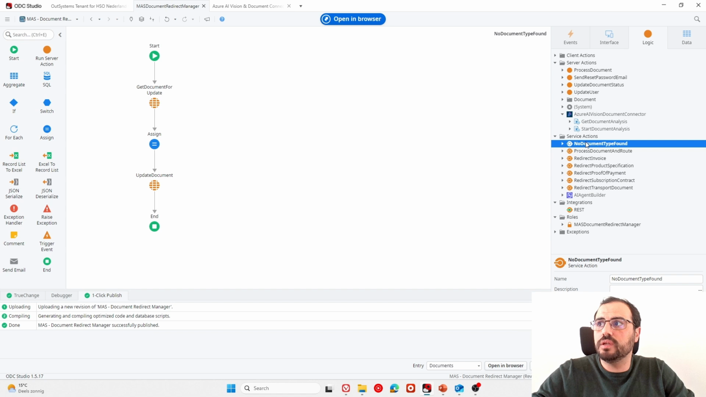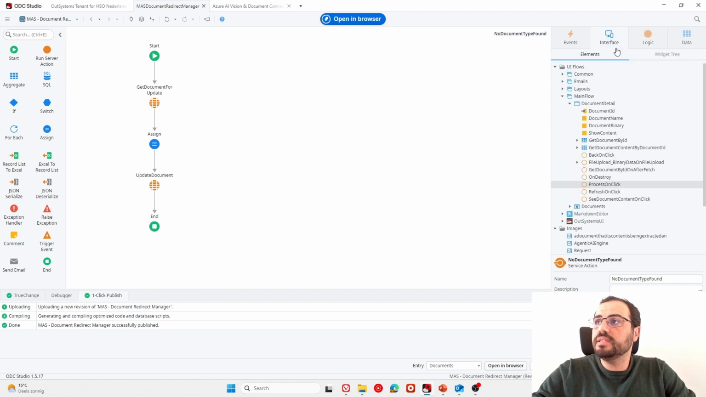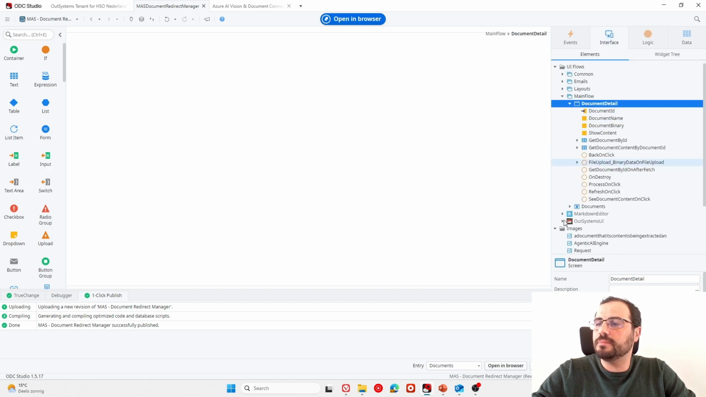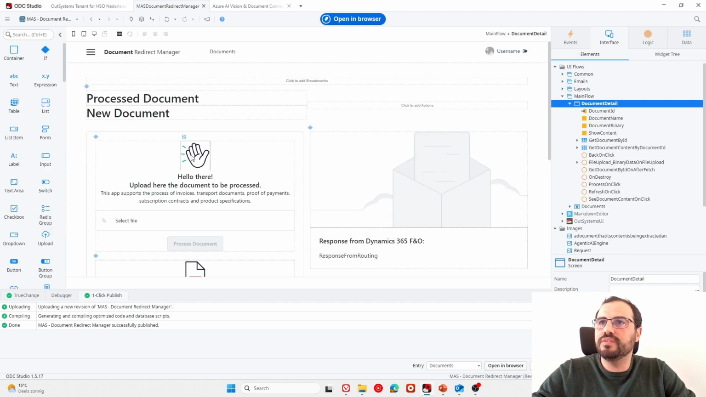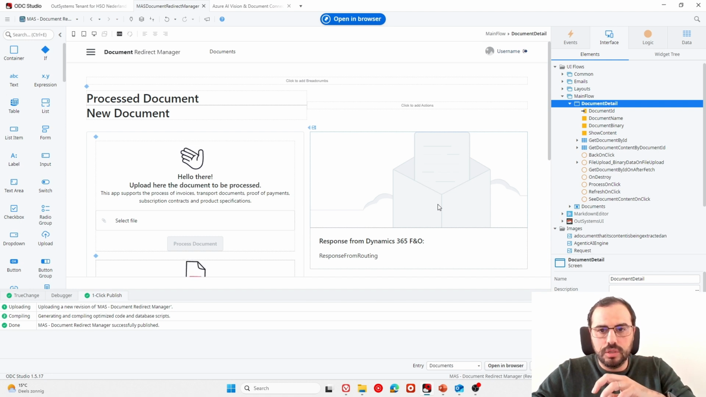And then we also have the no document type found, which simply updates with no document, so that we can see an error on the application. And that's it. This is, as I said, a very simple application just to add documents and then to classify, but this has a very good potential to